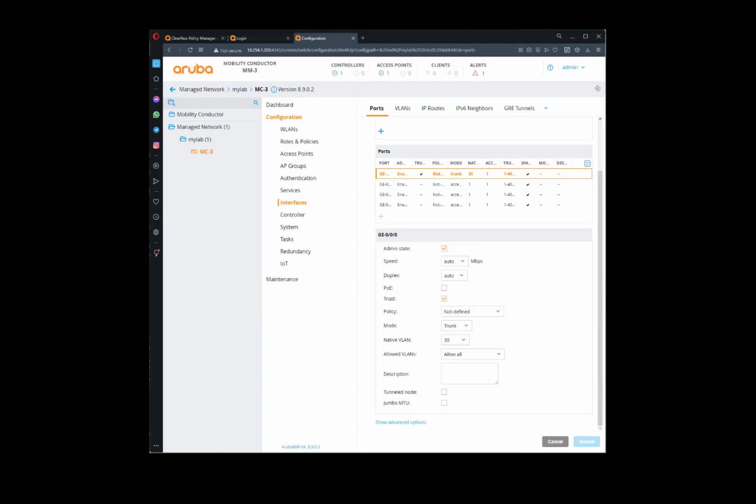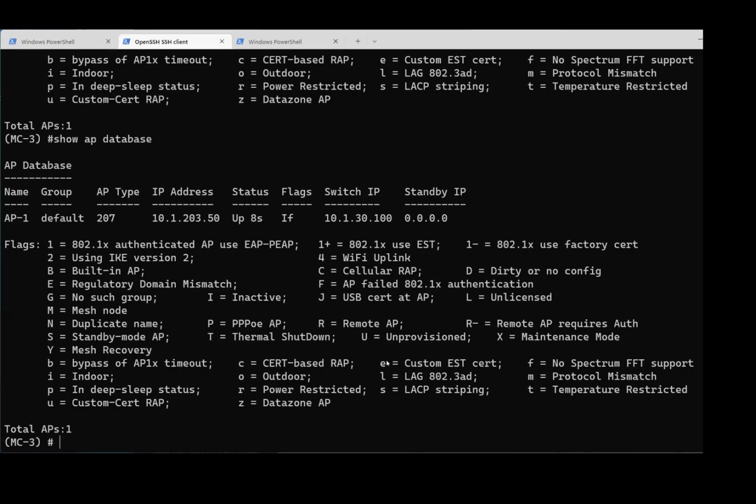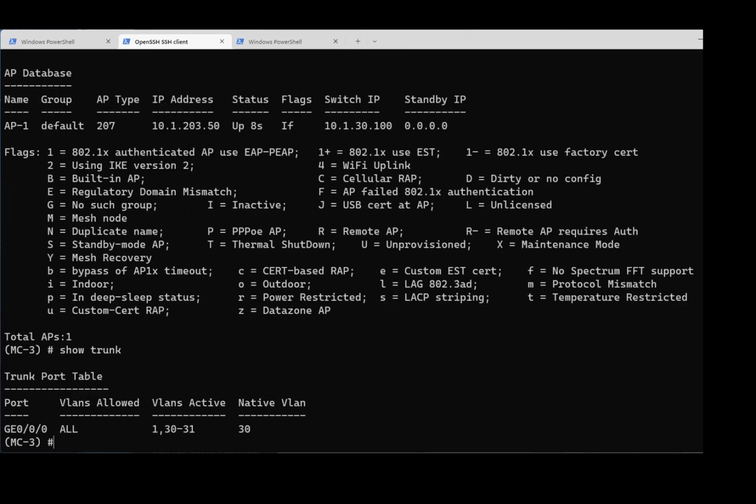We can verify this also from the command line. If need be, we can look at the command line and find out what the trunk port of that controller is, making sure that when the client connects, we'll get an IP address. So we can say show trunk. Now we can see the VLANs that are configured: VLAN 1 by default, VLAN 30 and 31, and both of them are allowed to leave the controller trunk interface G000. So with that, let's move on